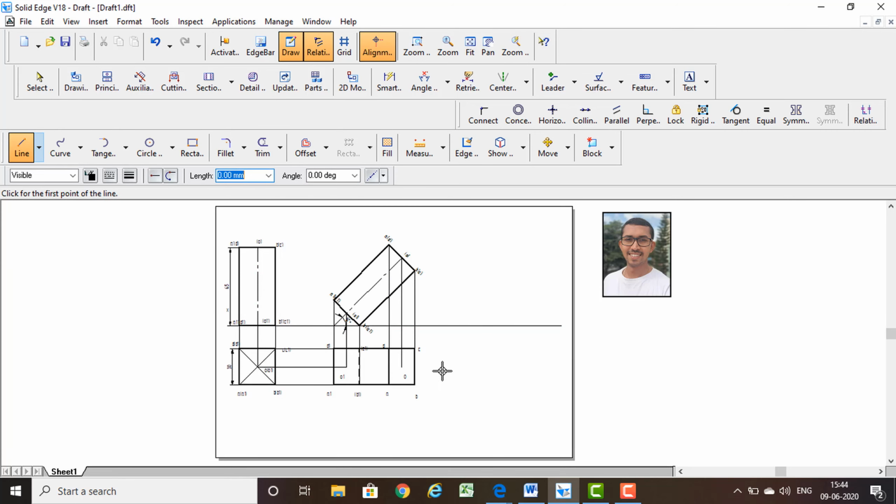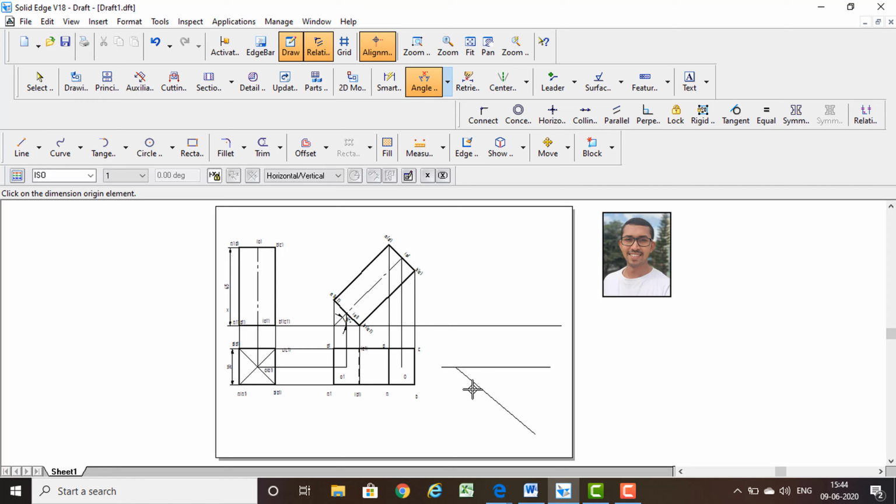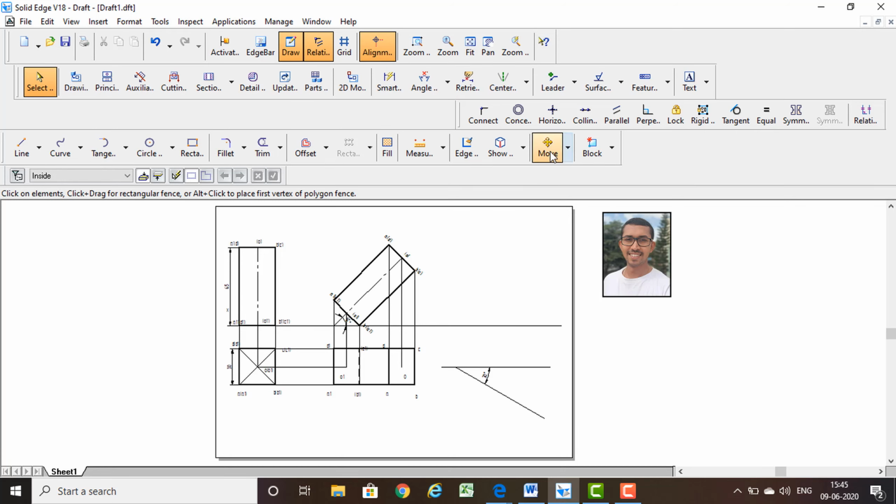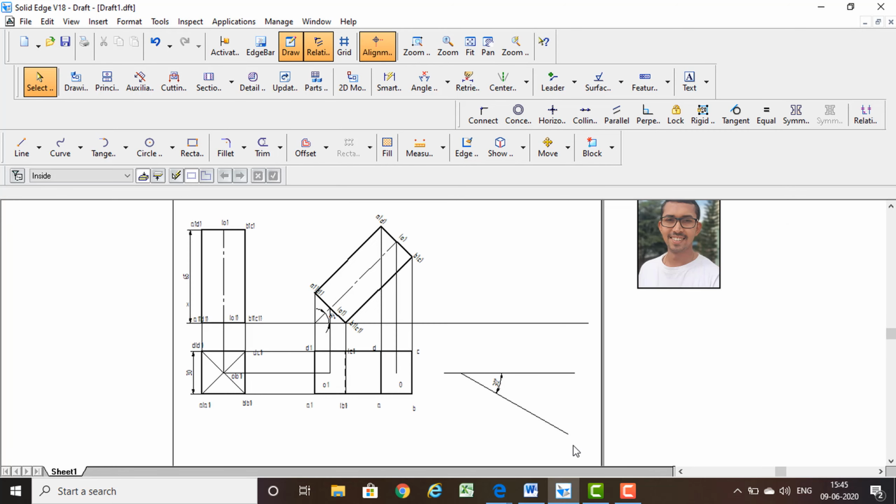Okay, still more. So here I am going to draw a line which is inclined at an angle of how much? 30 degrees. So just take the angle command, the angle between command. Take the measurement, what is the angle? Now it is showing 40, entered as 30. After this, before going to use the move command, zoom this area and select the object including the naming, so that it will be very easy for us to go for the further steps.